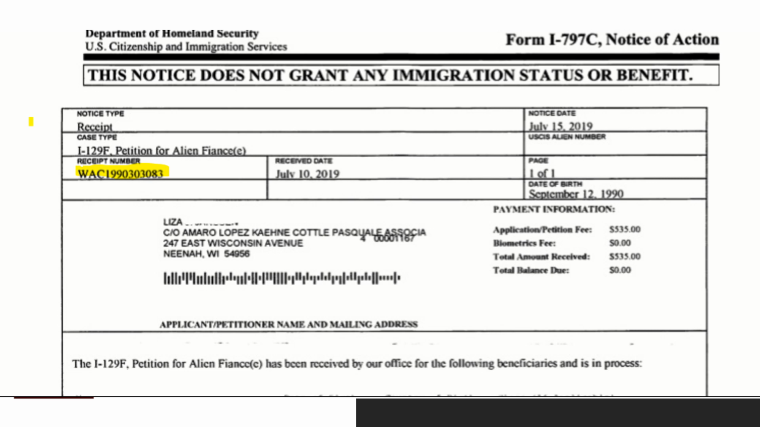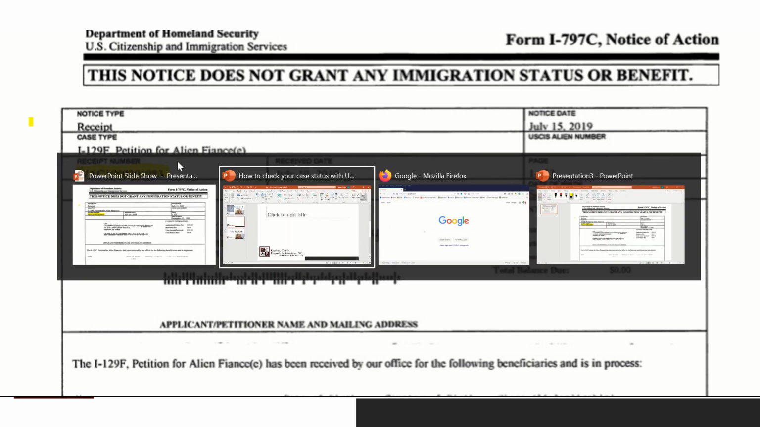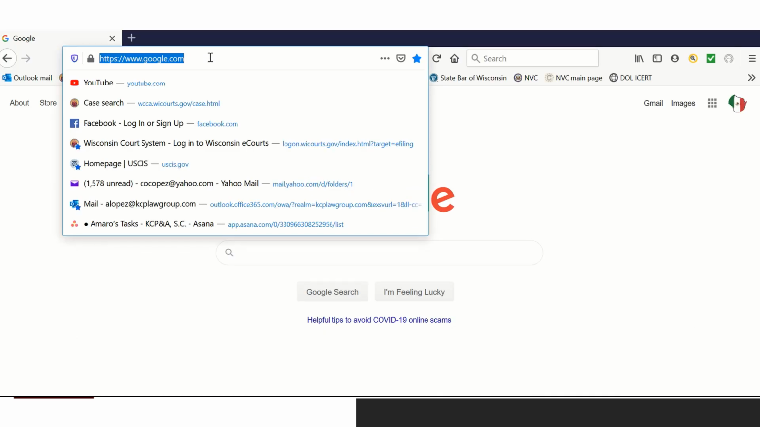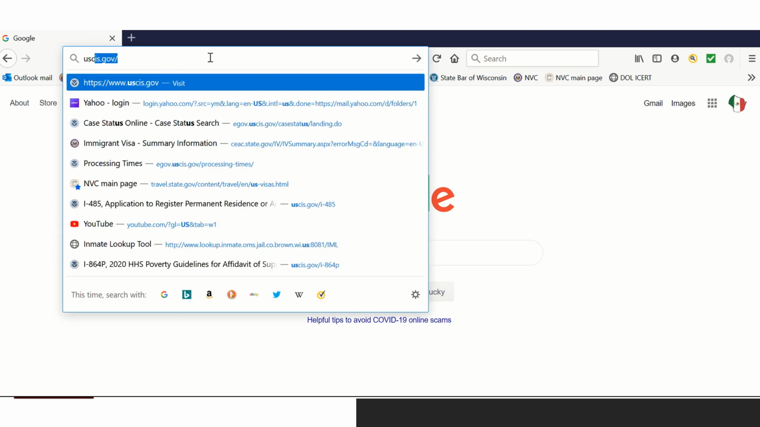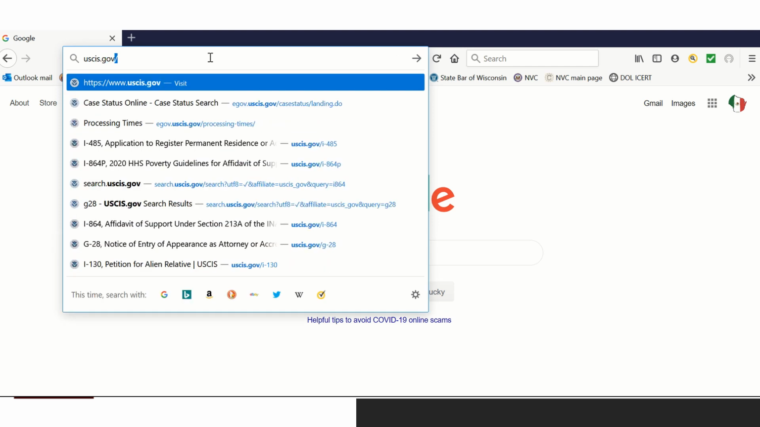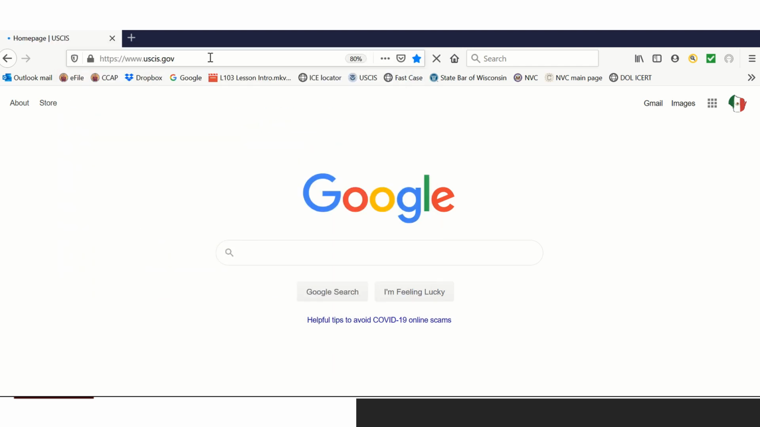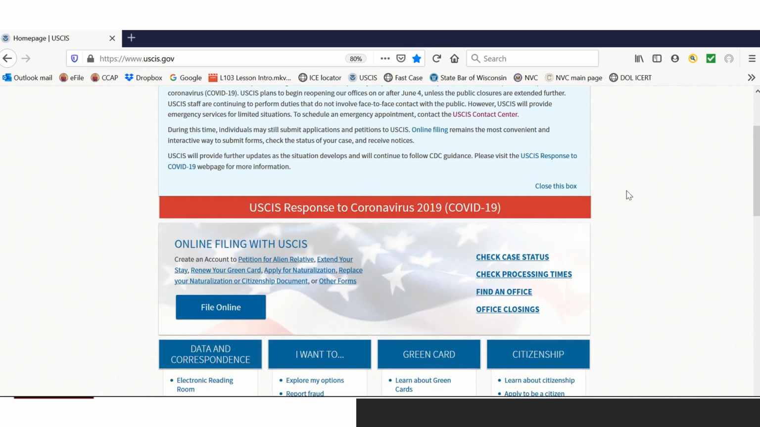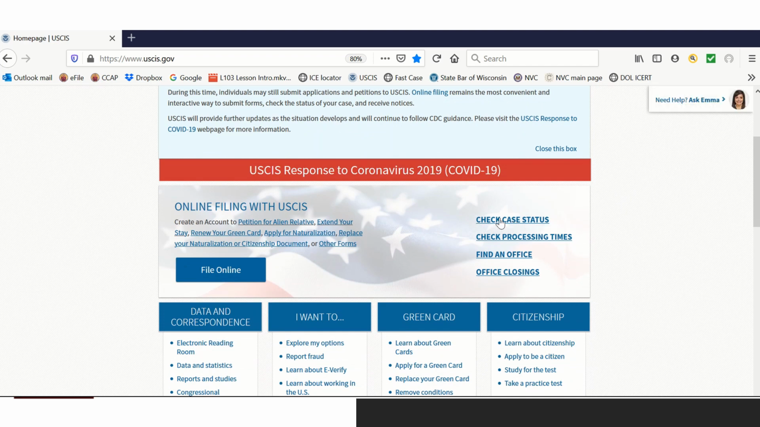So with this receipt number, we go to your browser, and up here in your browser, all you have to type is uscis.gov. You go to the main website for USCIS, and as you can see, here's the website. You need to scroll down just a little bit to this part right here in the middle that says check case status. That's where you're gonna click. So we click there,